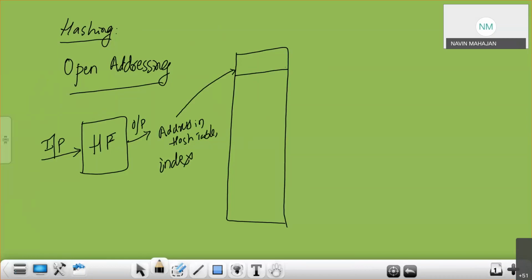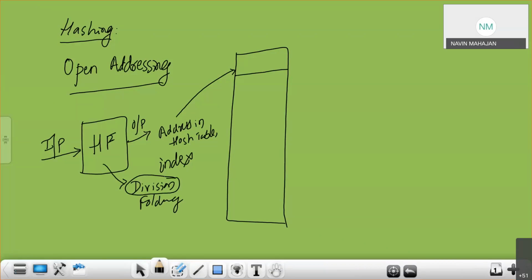Now take an example. In every hash function, there are different methods of how the hashing is applied. What are the different methods? Either I can use the division method, or the folding method, and there is one more method, but we are going to consider only the division method. We will not waste much time, because this is a small section in our syllabus.